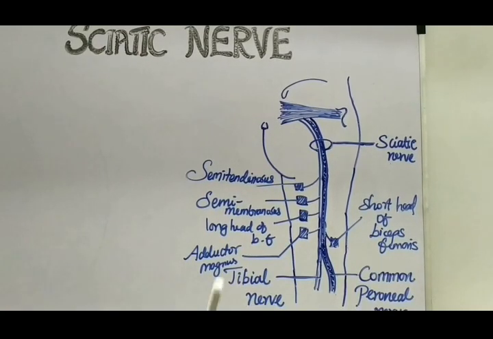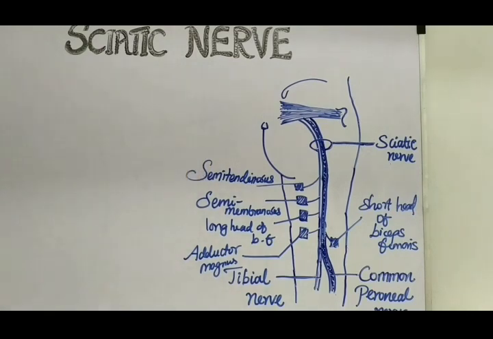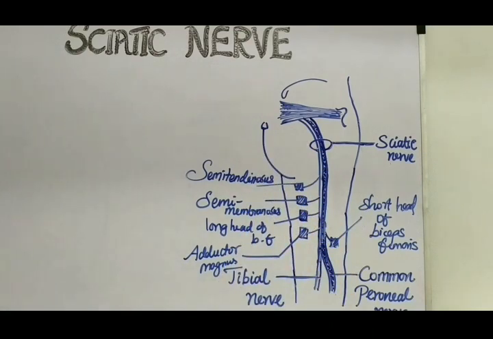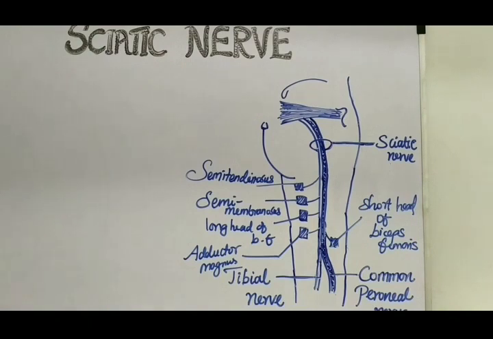This is Ashik. Today we are gonna see about the sciatic nerve and its anatomy. So this is the largest and the thickest nerve of our human body, and this nerve is present in our lower limb. So in this video we'll be discussing about the sciatic nerve, its origin, course and relations, the branches it gives to the lower limb, and its function. So let's start.